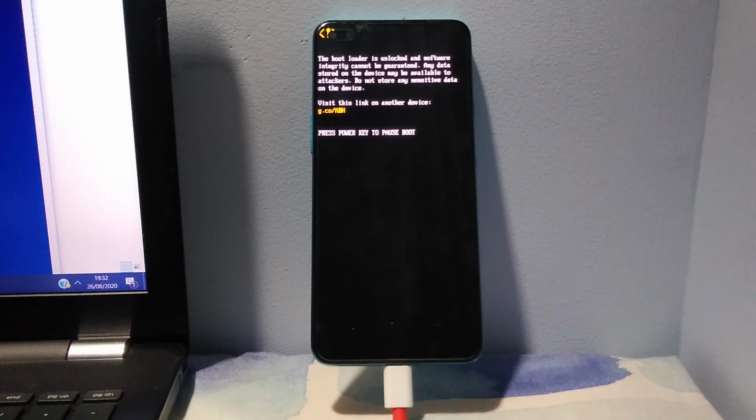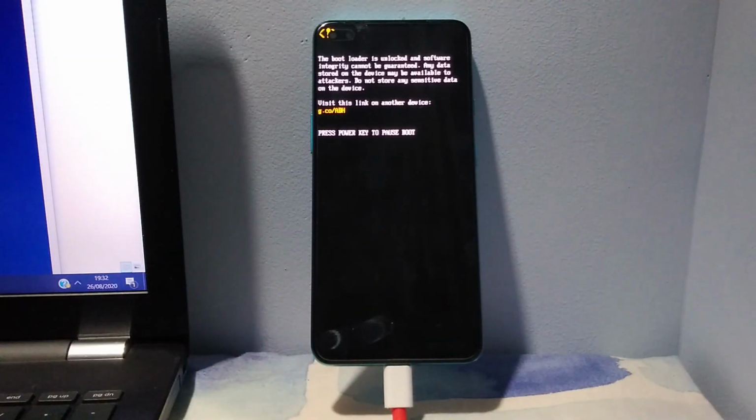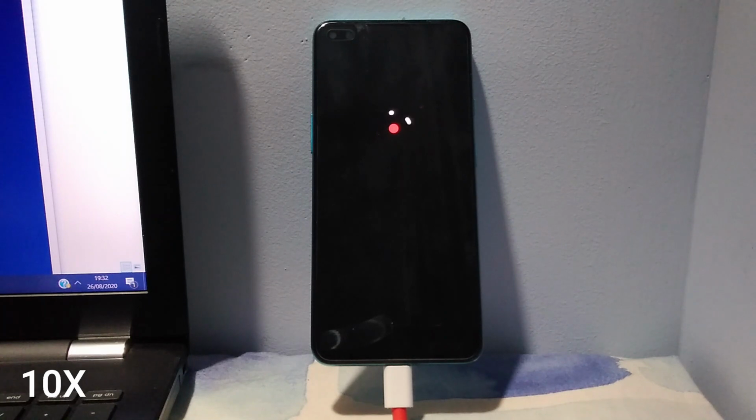Now this will wipe all your data, so have some patience, wait for 5 to 10 minutes and you're good to go. This is the easiest way to unlock the bootloader of any OnePlus device, and once the phone boots up, I'll show you how to restore the backup file.